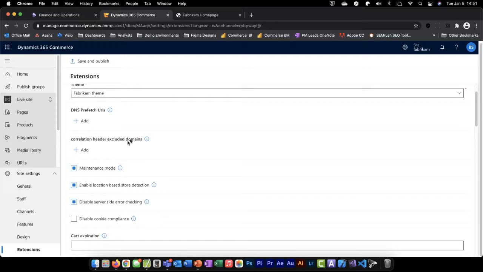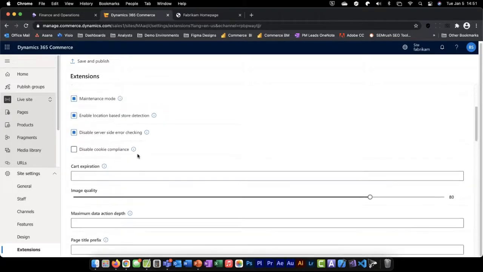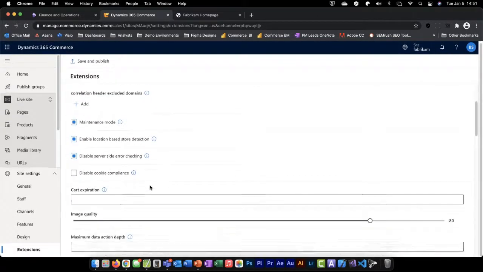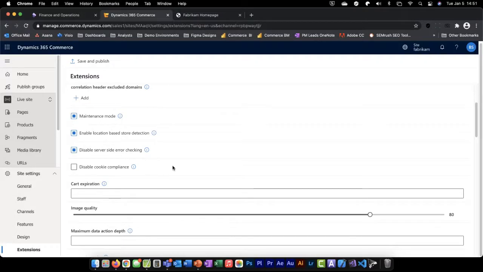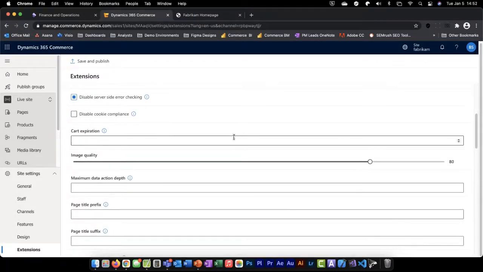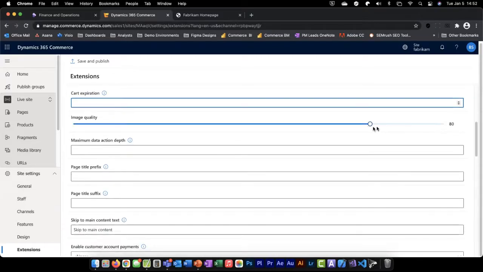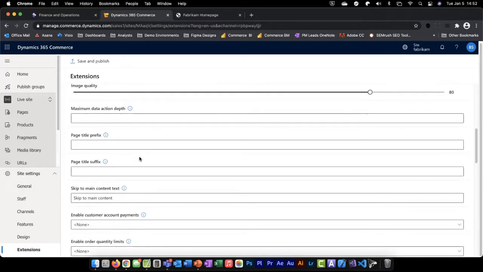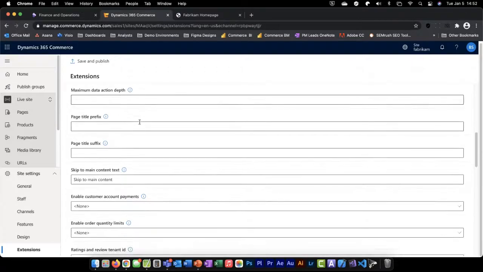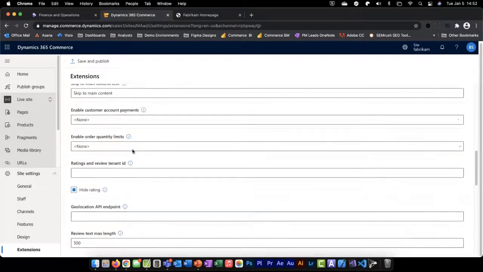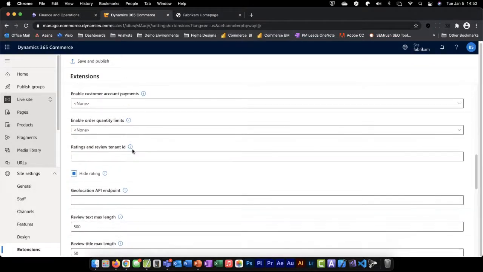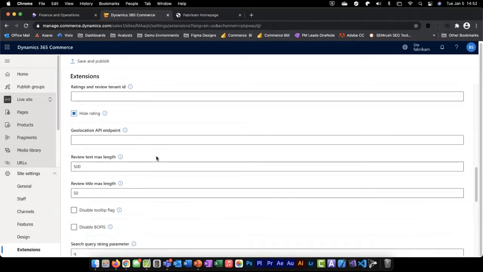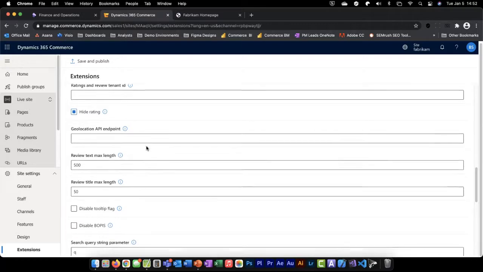My prefetch URLs, my excluded domains, a number of settings to be able to do things like disable my cookie compliance if I wanted to, set those cart expiration times, configure my image quality, being able to do things like set my data action depth, my prefixes and suffixes, ratings and reviews, how I want them displayed, being able to set my GeoIP endpoint,